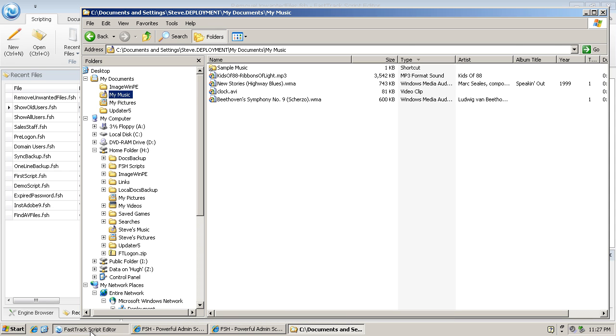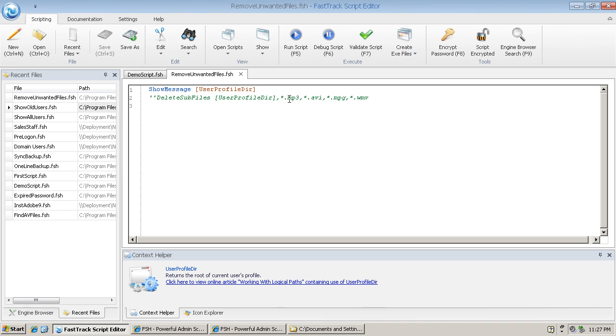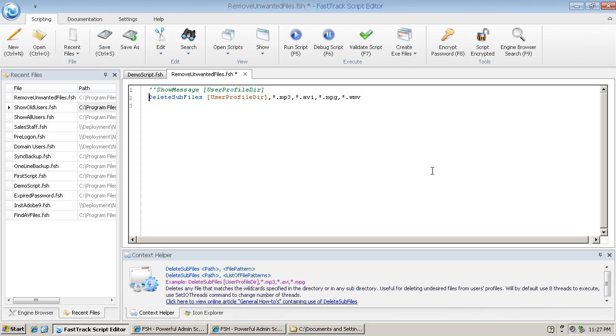So if we go back to the script, we have the MP3 covered, the AVI, but we're going to need to add onto the end of that, and let's uncomment that first. Comment the show message, and we'll add to the end of that the .wma file types. Now we save that, run that script,